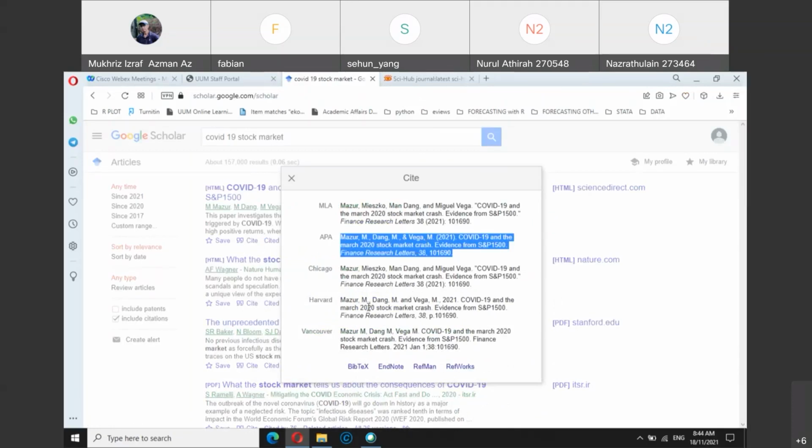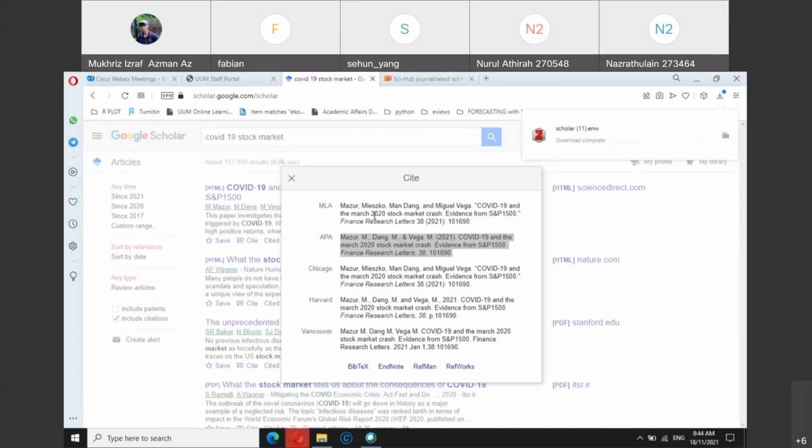Or you can also extract the information and put it into your reference manager, i.e. Zotero, using the options here. Usually we use EndNote, so once you extract the file, you can import directly into Zotero.